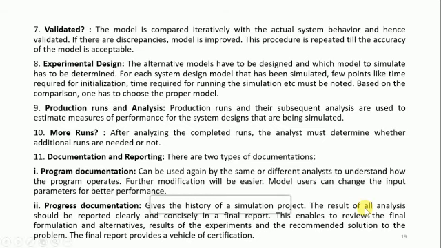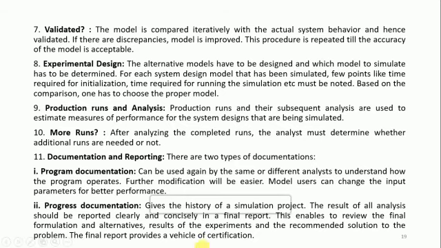The results of the analysis should be reported clearly and concisely in a final report. The results of this analysis must be defined clearly and then put into the final report. So this progress report is not the final report. This will provide the progress of your project. The final documentation is this one, the program documentation.